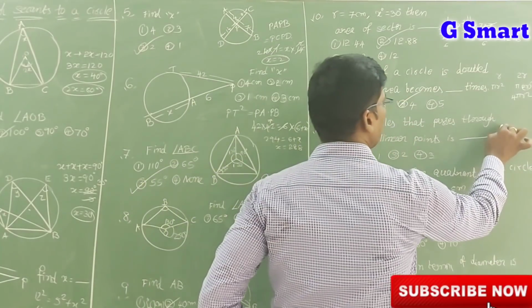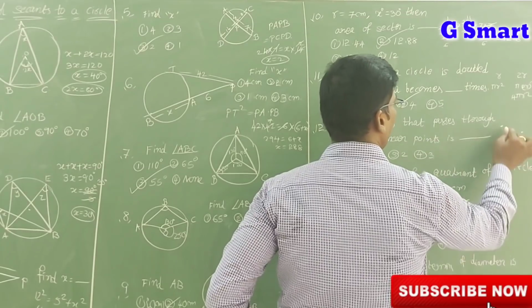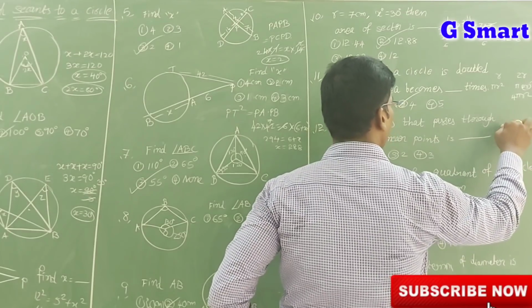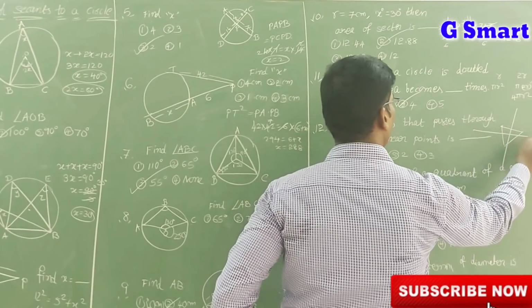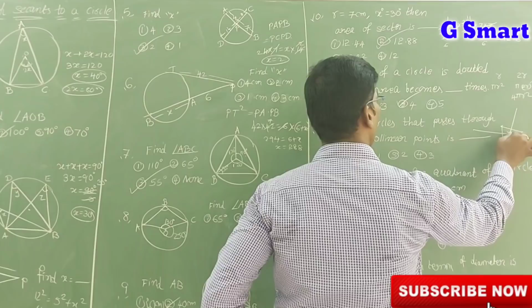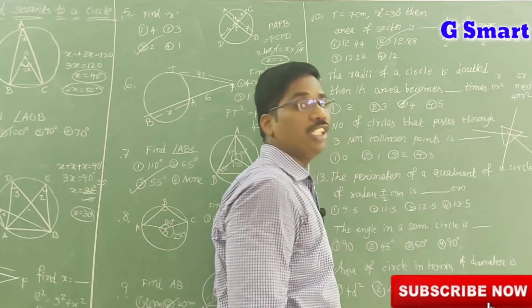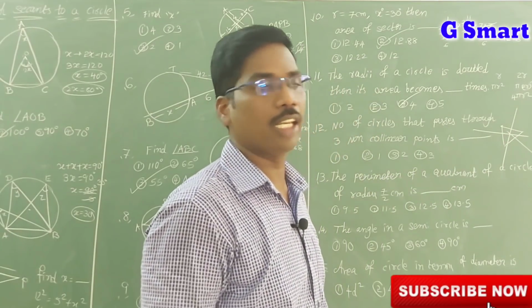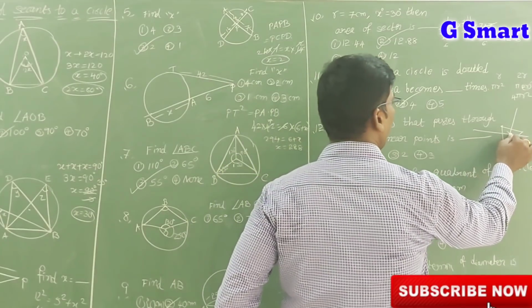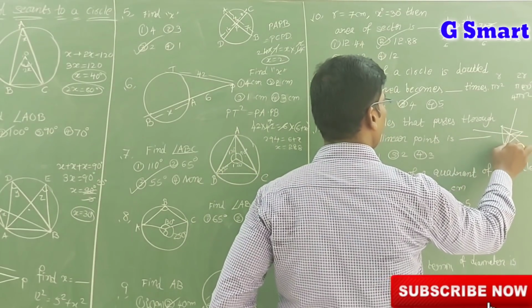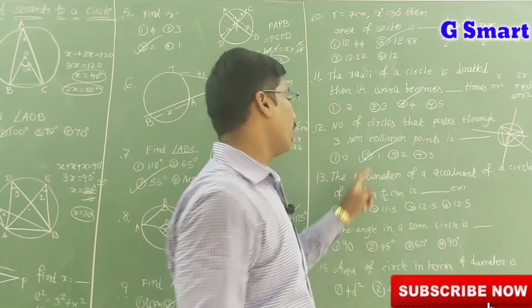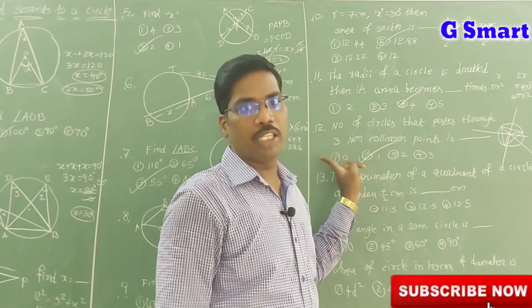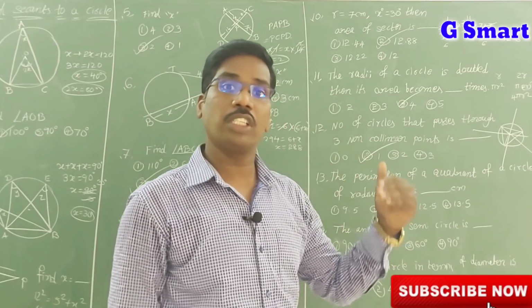The number of circles that pass through 3 non-collinear points is most very important. Here 1 point, here 1 point, here 1 point. So this is the line segment, this is the line segment, this is the line segment. So the perpendicular bisector, the perpendicular bisector, the perpendicular bisector. This is a concept which I have given in the circumcircle. Using this concept, this is the radius, this is also radius, this is also radius, so we can draw one circle. So the answer is one circle. But one circle means option 2, but there is no first option. You have to think which option it is.